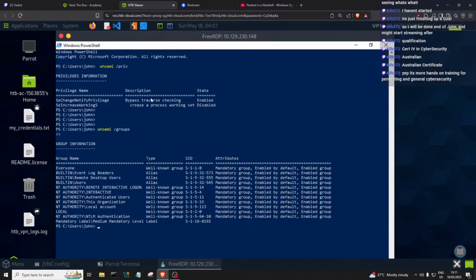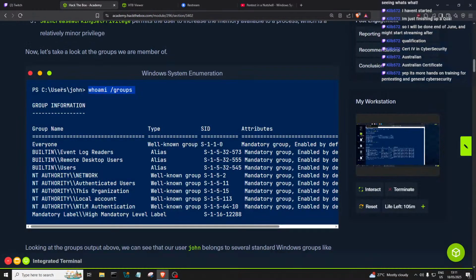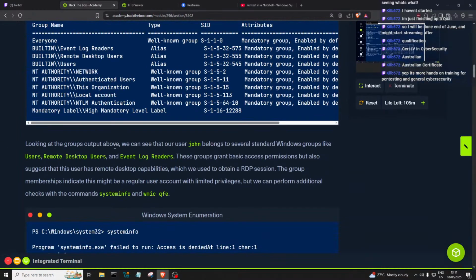We have NT Authority Remote Interactive Logon, Interactive, Authenticated Users, This Organization, Local Account. Okay, we're gonna see what all of this means here. Looking at the groups, we can see that user John belongs to several standard groups like Users, Remote Desktop Users, Event Log Readers. These groups grant basic access permissions, but also suggest that the user has remote desktop capabilities, which is exactly what we're using to get access to the machine via an RDP session. The group memberships indicate this might be a regular user account with limited privileges, but we can perform additional checks